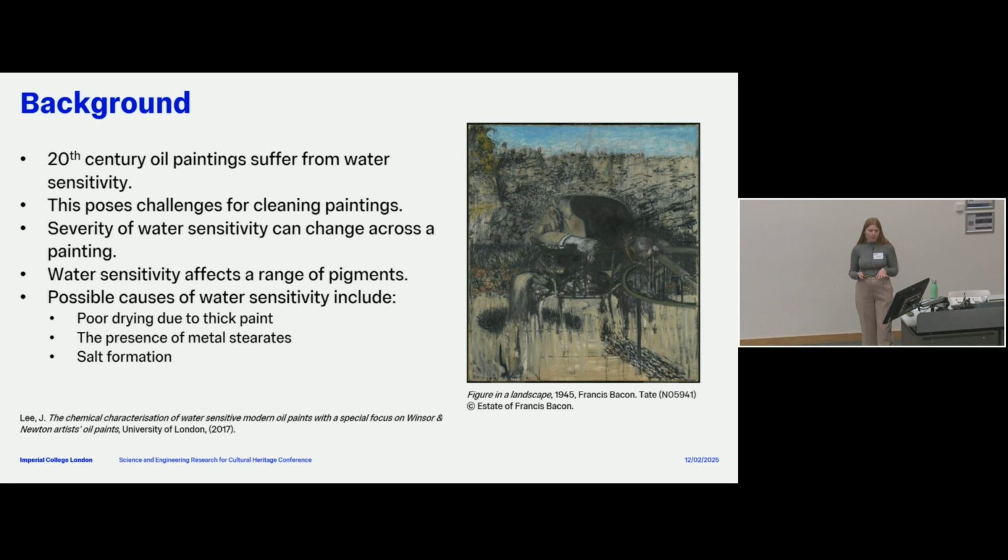So, to start with a little bit of background, when considering conservation challenges within modern oil paints, one of the biggest challenges is water sensitivity. Paintings tend to be unvarnished, therefore dirt can easily become embedded within the paint if regular cleaning is not performed. However, a lot of cleaning methods are becoming water-based due to concerns for sustainability, and these water-based systems are not adequate for water-sensitive paintings. Water sensitivity severity can change across a painting surface, and it can affect a range of